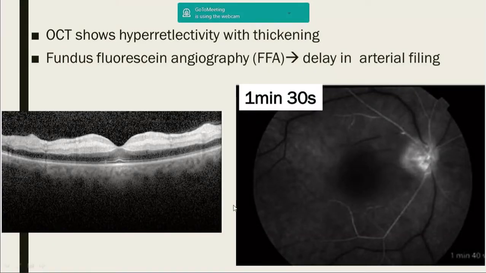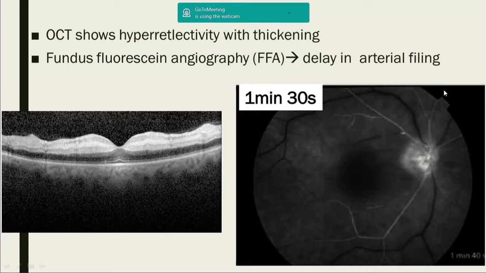So apart from that, when you investigate the patient in a CRAO, that is central retinal artery occlusion, in an acute phase, you see that the inner layers of the retina are hyperreflective. Again, it's important here to remember, like I said, the posterior or the inner parts of the retina is supplied by the retinal artery, whereas the outer part of the retina, which is retinal pigment epithelium and the photoreceptor layers, is supplied by the choroidal circulation. So that is not affected in here. You can see in this picture.